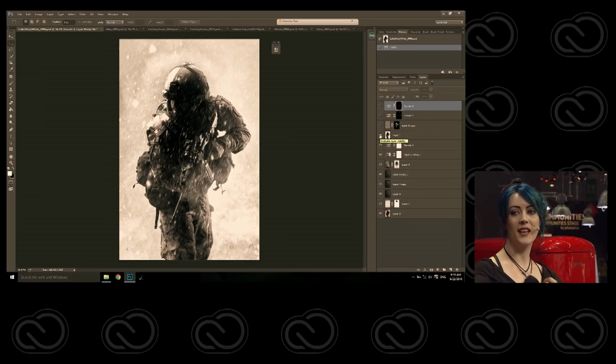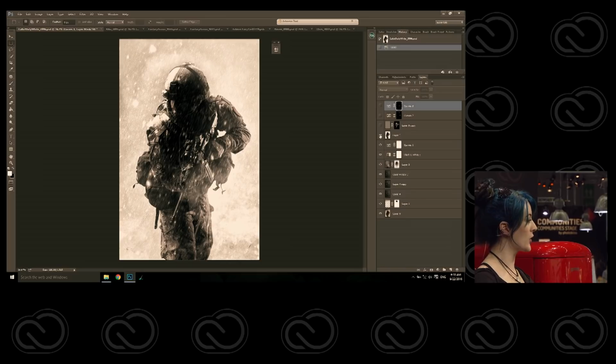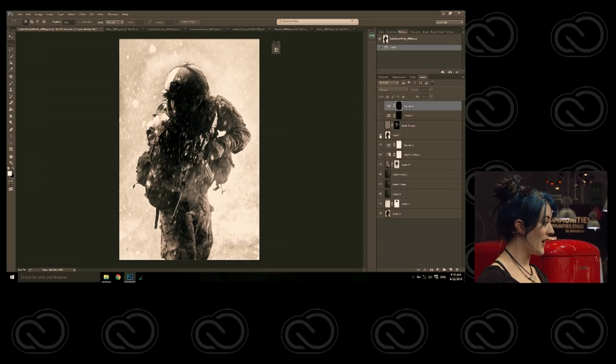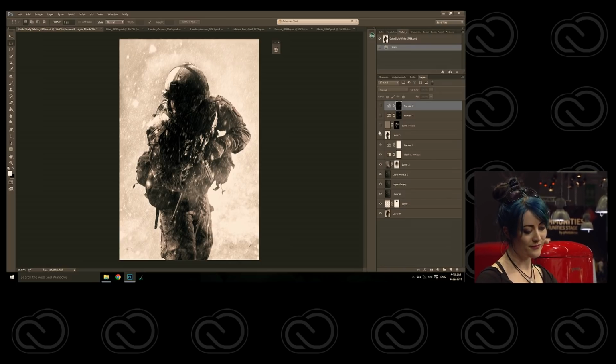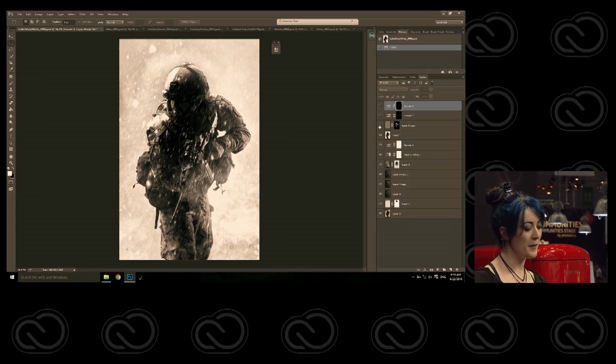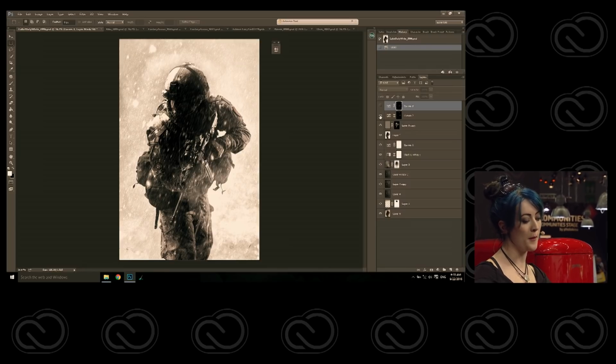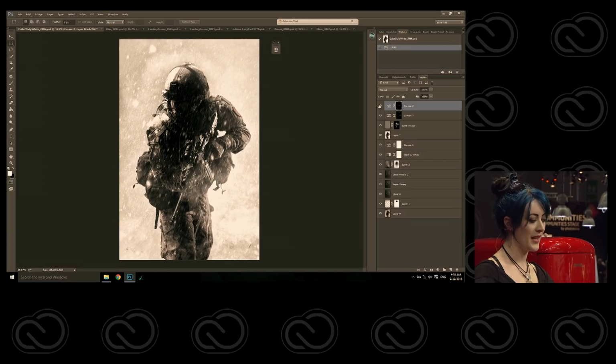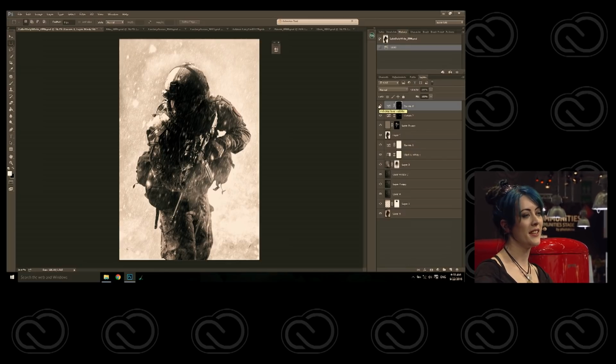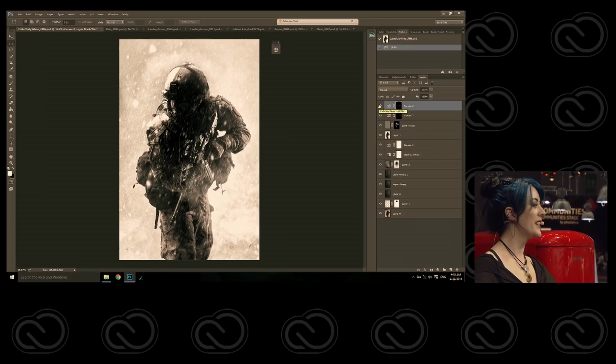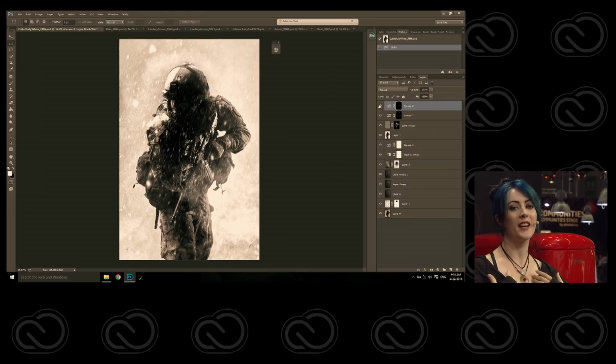And then I did, once again, a Nik Software detail extraction. It pulls out a lot of that detail, making it look really, really crunchy. I like the effect. I think it looks awesome. A little bit of dodge and burning, a little bit of sharpening, and a little bit more of a curves adjustment. So this is essentially one of the ways that I love to work and I love to share,